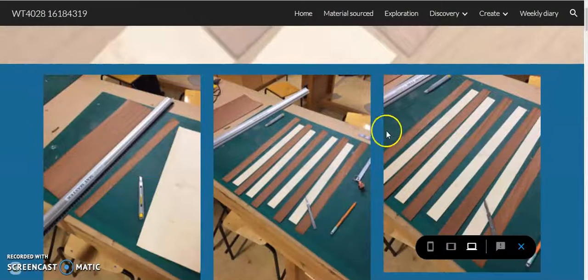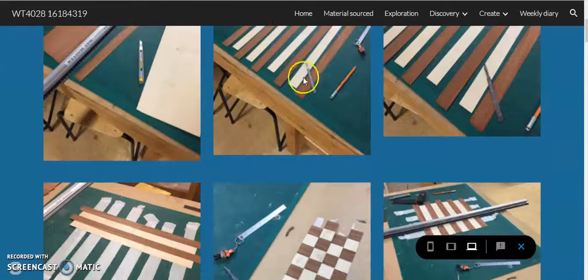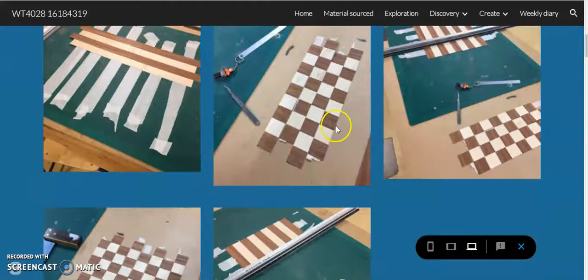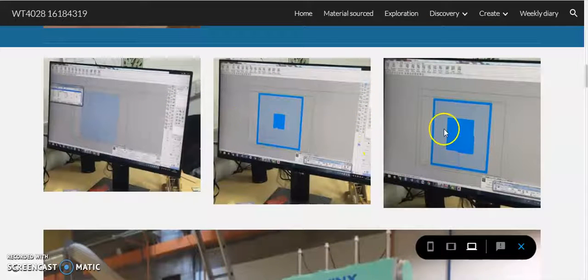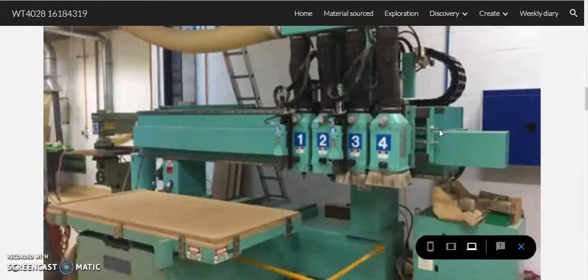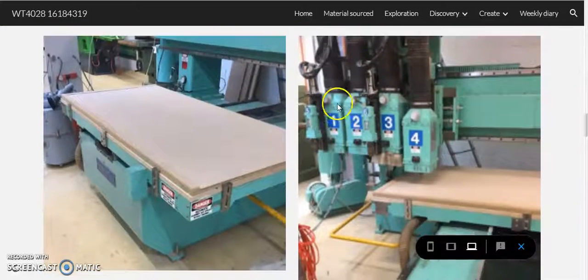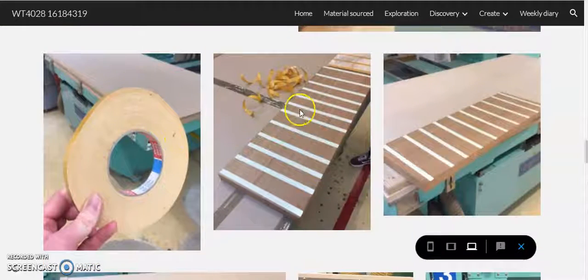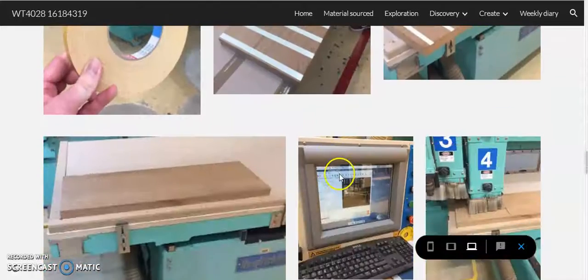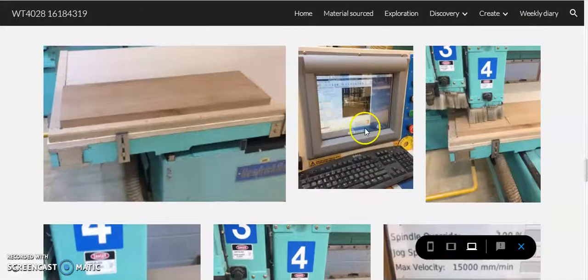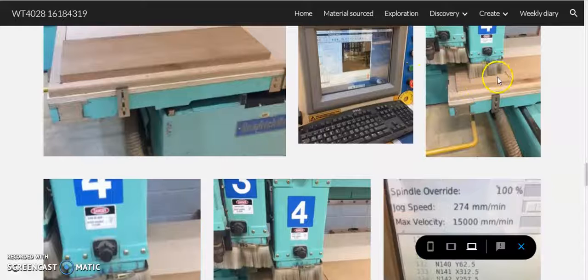So I had the veneers cut up in the lab on Wednesday. I managed to get them all cut up, so I have them done. And then I started the CNC section. So that's just the CNC, the pre-run on the computer to see what it would look like. Did it on the Shinx machine in the lab. So these are just pictures, double-sided sticky tape, taped it down in the corner of the Shinx. That's just the computer in the lab. That's it working away on the